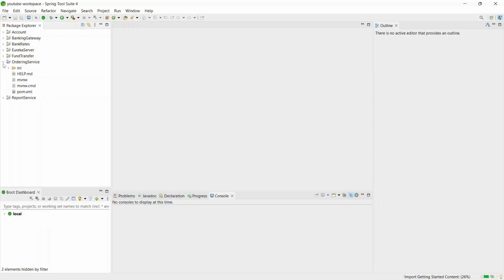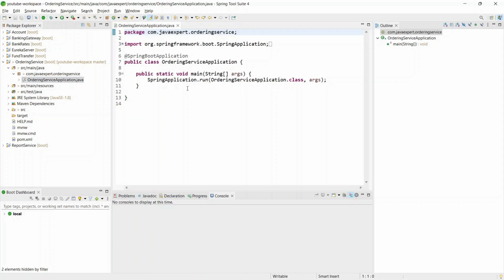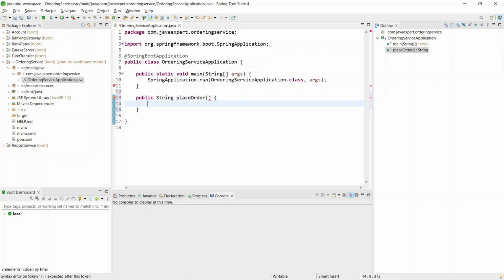The project is loading, wait for some time. So the ordering service is ready now, and we will write our publisher related code here. Here we'll write a basic endpoint: public String placeOrder service, right? Return